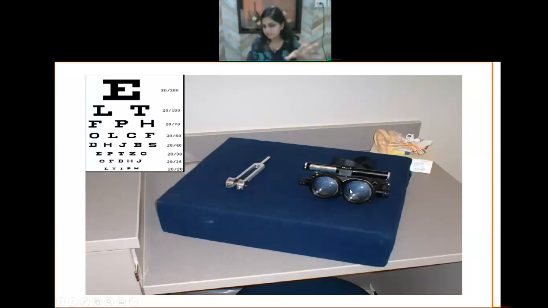We do not need this because we are not at that high level. But yes, if you have your own vertigo clinic and want to spend money, you can definitely go for video nystagmography goggles. In the clinic where I was working, we were treating even BPPV patients with the video goggles because we are able to see the nystagmus when it starts and when it stops. So we can change the head position and then continue. But it's totally up to you. And if you are working in a vertigo clinic with a physician or ENT, they might have it, so you can utilize it if you know how to use it. It's very easy to use.